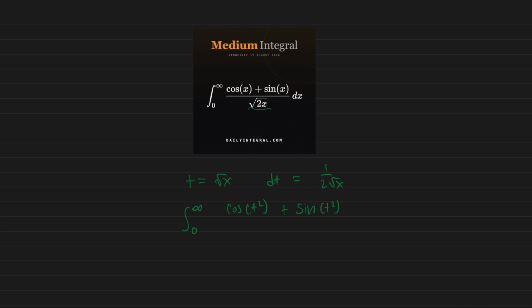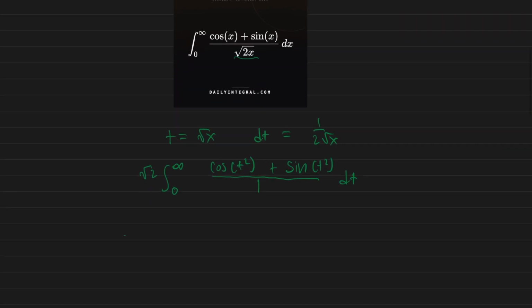And then we need a 2 at the bottom. So we have a root 2. So we can make this 1. Take our root 2 in the numerator, so we can just take it outside. Get dt. So we now have root 2, the integral from 0 to infinity, cosine of t squared plus sine of t